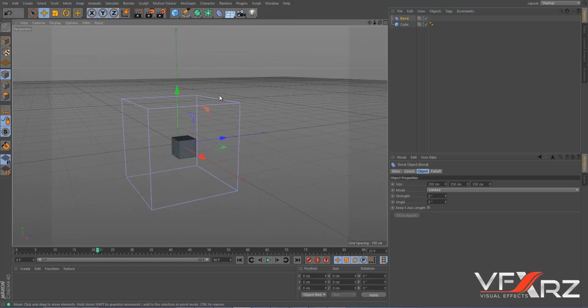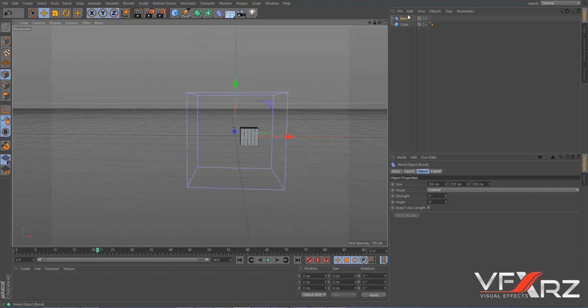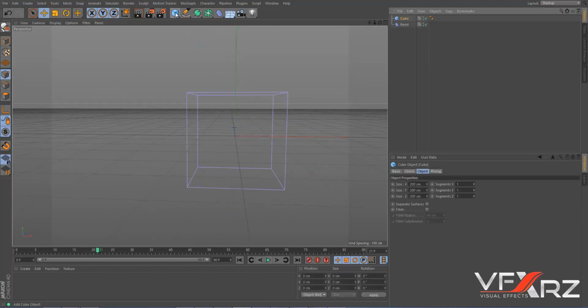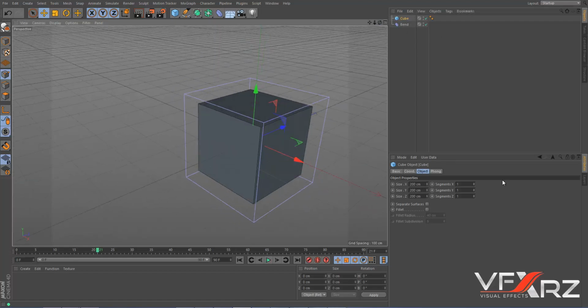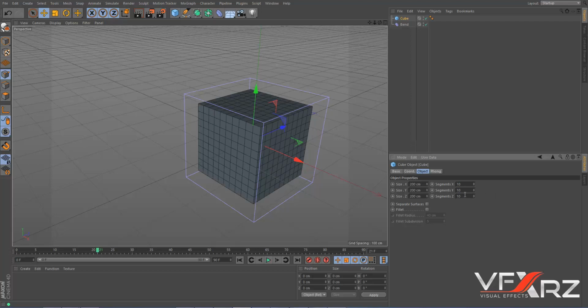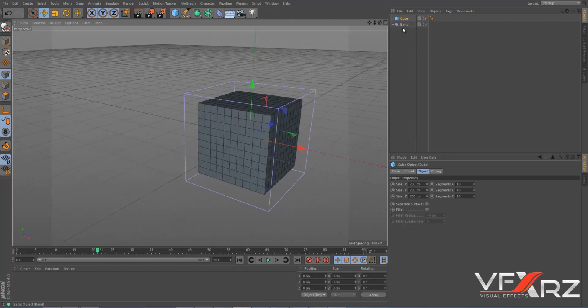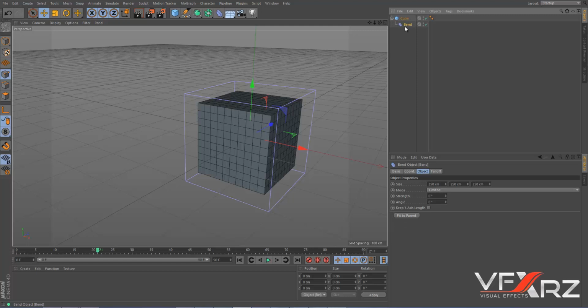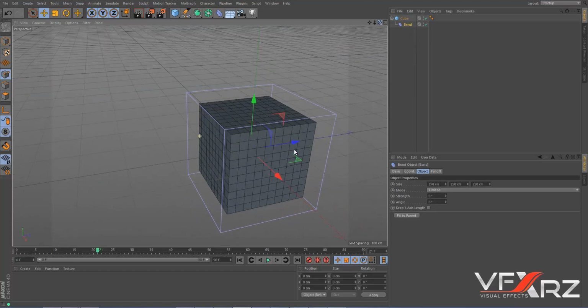as you can see, we have a line of cube here. Now I'm going to delete this cube and create a cube again and change segments, for example X, Y and Z to 10. Now you should click your deform object, for example here is bend, and drag and drop it under the cube. As you can see, your deformer should be under your object. After that, click bend,